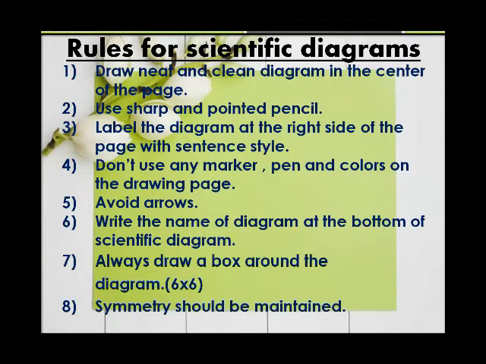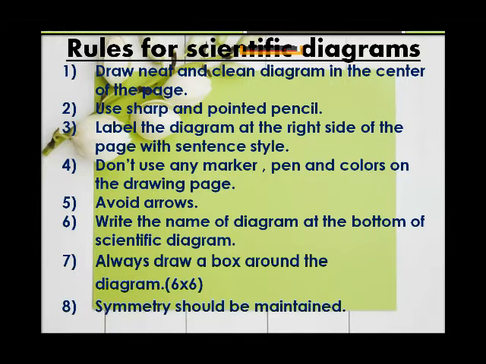Use sharp and pointed pencils. Label the diagram at the right side of the page with sentence style. Don't use any marker, pen, or color on the drawing page. It means when we draw the scientific diagram, we should avoid any color, pen, marker, pointer, okay? Just use your pencil. So everyone use just pencil for drawing. Avoid arrows when we label any scientific diagram. At the end of your labeling line, mostly students write arrows, so avoid it,